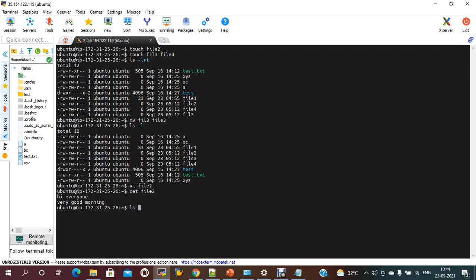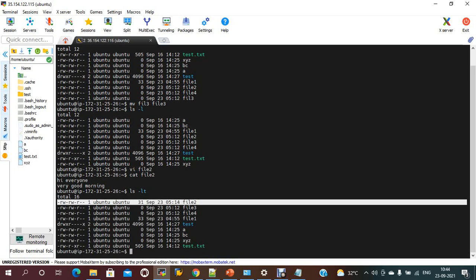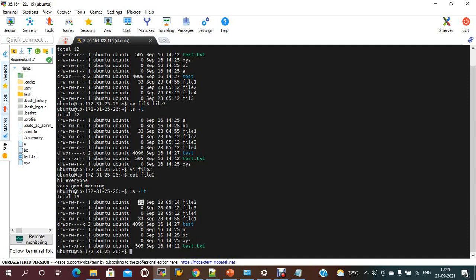Now if you check the size of this file with ls -t, the latest modified file is file2. This is the size of the file, this is the user, and this is the group. See here, it is a file. If it is a directory, it will start with d. We will discuss in detail what these rw- things are. Currently we are discussing just basic Linux commands. So now we have seen how to create empty files with the touch command.